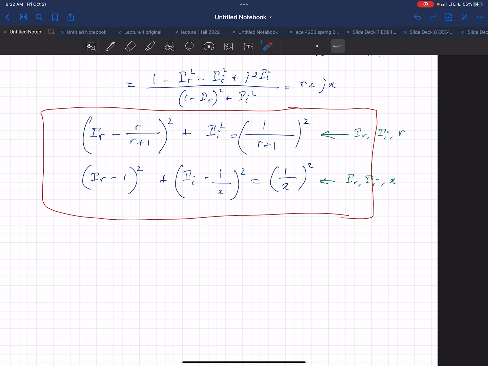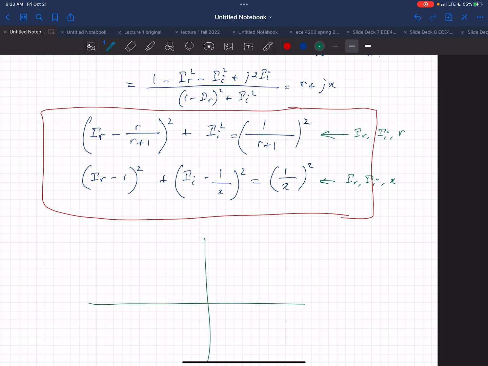Okay, so the Smith chart is like the drawing of these two things. And these two things look like two circles. So are you guys familiar? Remember the circle equation is like x squared plus y squared is equal to r squared. You guys remember this general equation for the circle? So basically, if you just think of this as an equation,